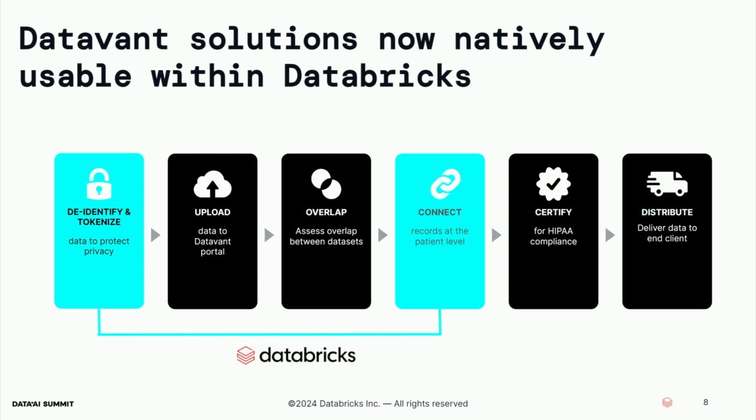Now, we have upload, overlap, certified, distribute as some other steps that are not totally solved for yet, but we're going to talk a little bit about what that upload and overlap process looks like as a replacement for what customers have historically done, assessing data linkage and overlaps ahead of time prior to purchasing data or undertaking analytics projects, by leveraging Databricks clean room solutions, and how that really enhances those steps as well, leaving really just a couple of final steps,